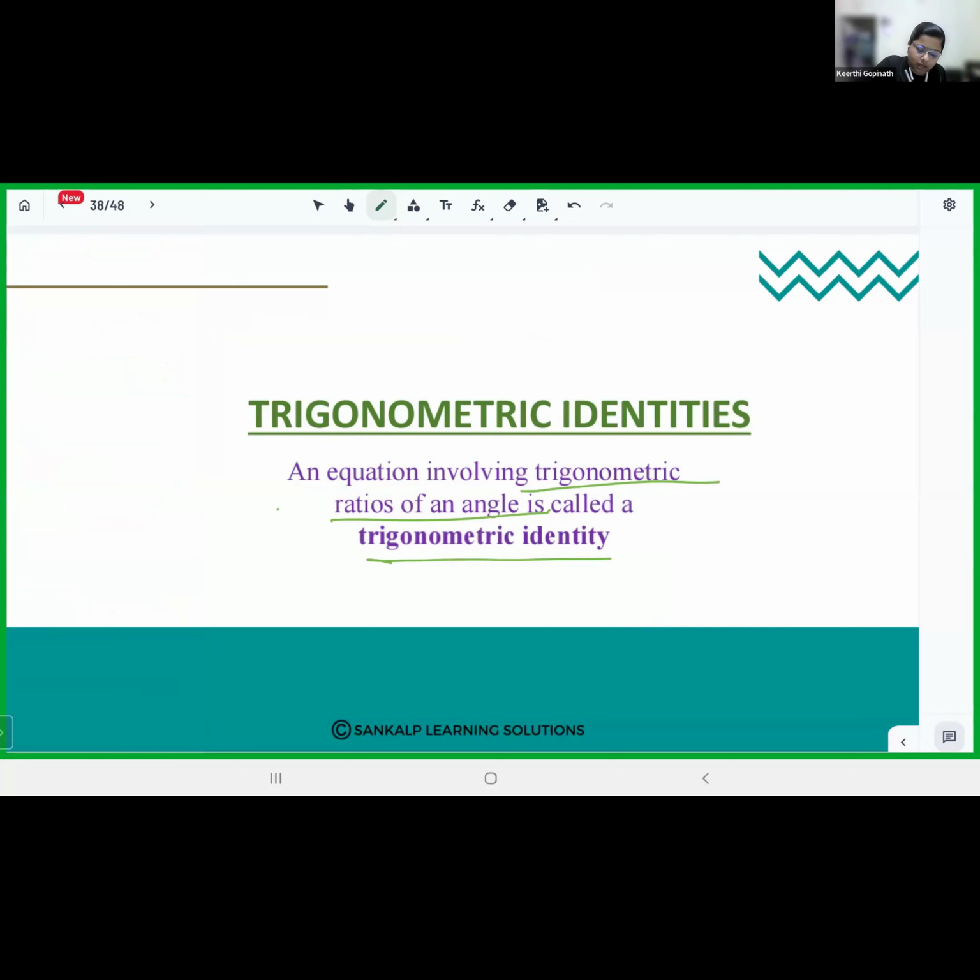What are these trigonometric ratios of an angle? Sine, cos, tan, cosec, etc. So an equation that involves all these is called a trigonometric identity. All right. This is the last section of our chapter and it is very important, so you have to listen properly. I'm going to start the session on trigonometric identity. For that,